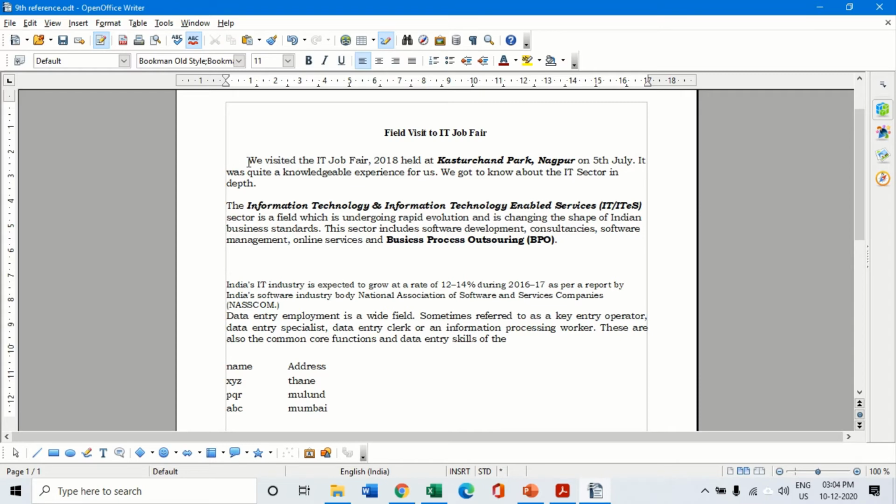Now if I want to select a particular sentence, then I keep my cursor anywhere on the sentence and triple click the sentence. Sentence means whenever it encounters a full stop, that is considered as a sentence. So if I keep my cursor anywhere on the sentence and click it three times, the entire sentence gets selected. This is a very easy method rather than selecting it and then dragging up to the end of the sentence. So if I want to select a sentence, keep my cursor on the sentence and triple click it. This is for selecting a sentence.